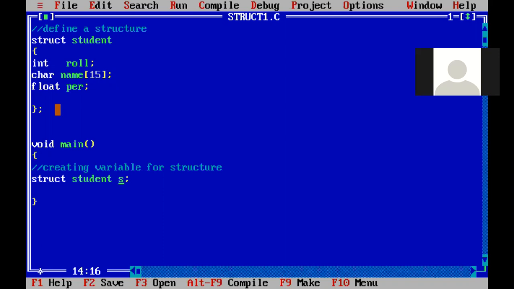Now, in the memory, under the name S, what is created? Roll number, name, percentage. All these three variables' memory is created under S. S will have a copy of roll number, name, and percentage.